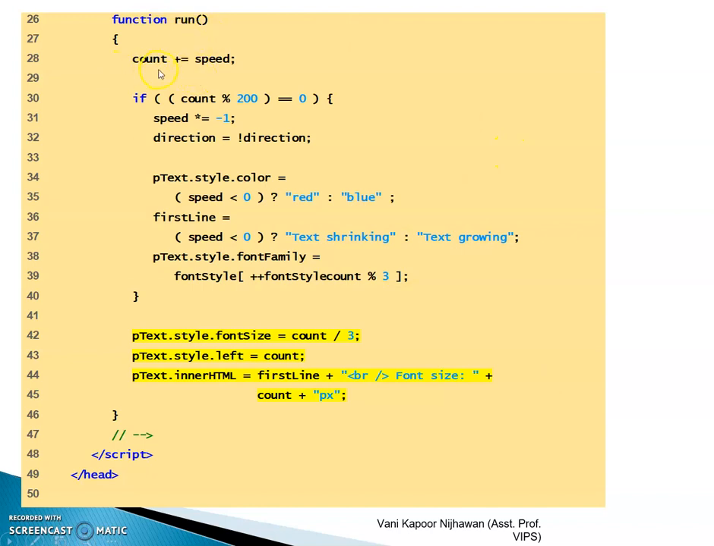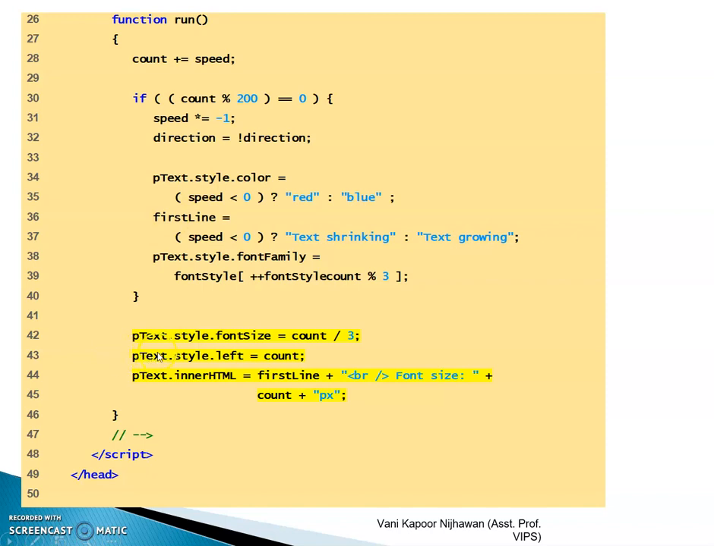In run function, we are starting with the variable count. We are increasing the value of count by the value of speed. That means initially its value was 10, now it will become 15. Then we have an if block checking the value of count whether it has reached 200 or not. As I told you, there would be two phases, shrinking and growing. So if the value has not reached 200, that means we are in the growing phase, so we will not go to if. Fine,